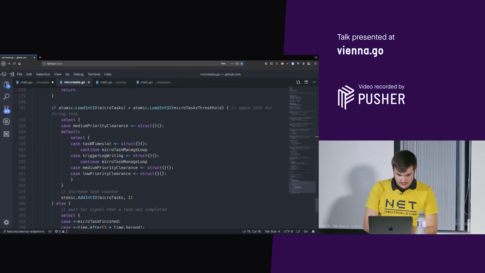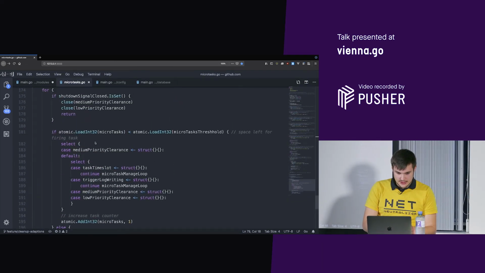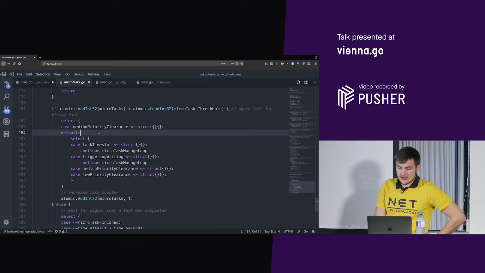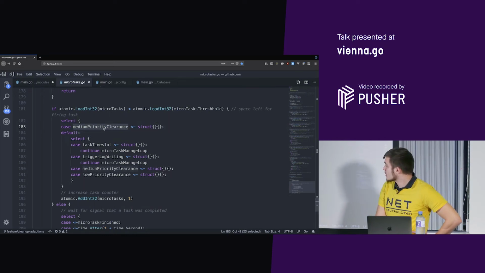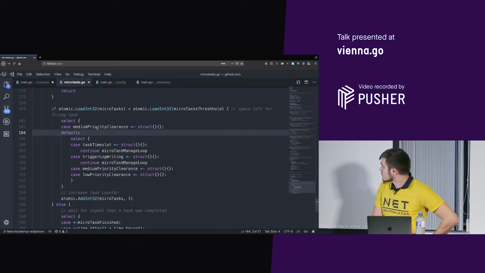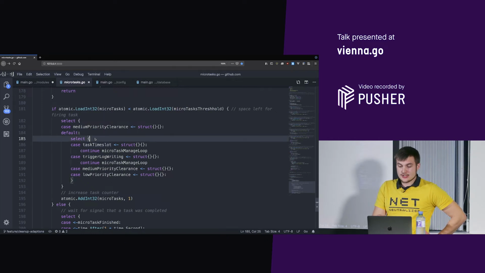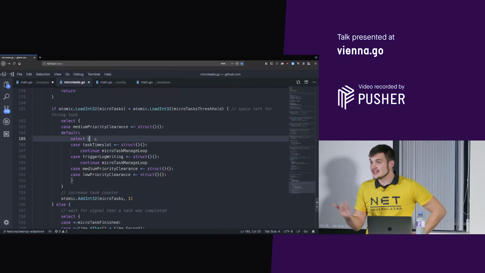So the scheduler, what it does is it just checks if a medium priority task is waiting, and it will just give that a go. And if nothing is waiting with a medium priority, it will trigger low priority tasks, medium priority tasks, trigger log writing because we don't want to have that interfere with important tasks, and also trigger tasks if there is someone waiting for execution. So it's really simple. It just uses channels as a waiting mechanism, so it's really fast,